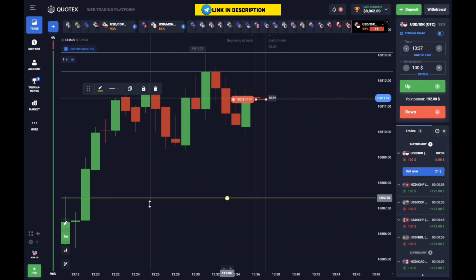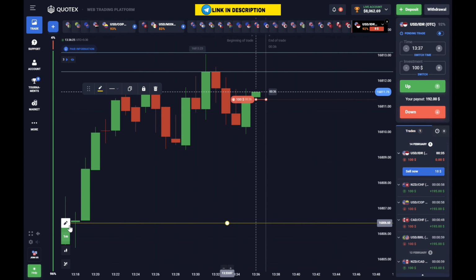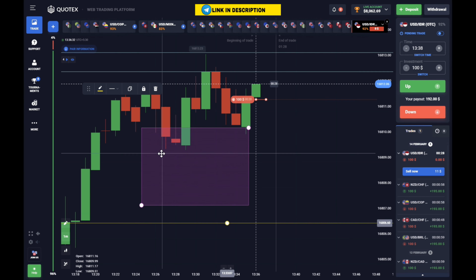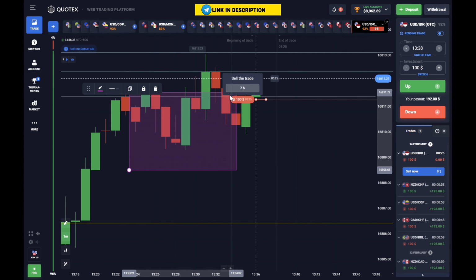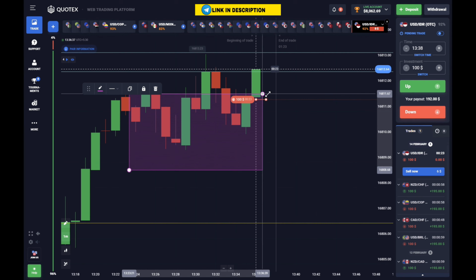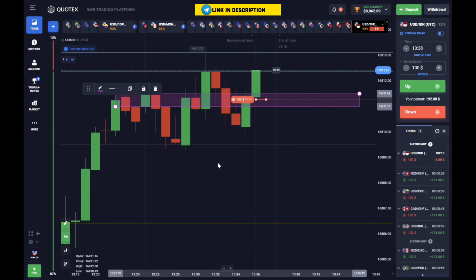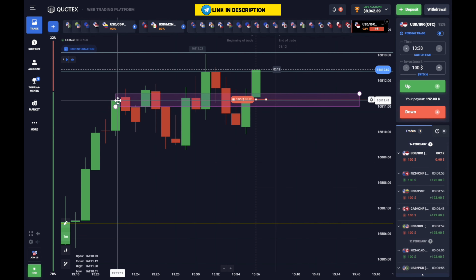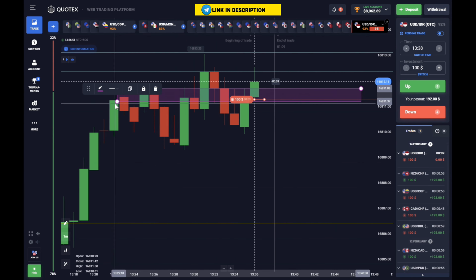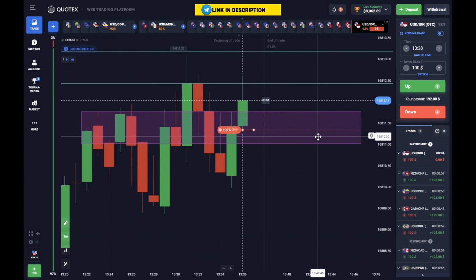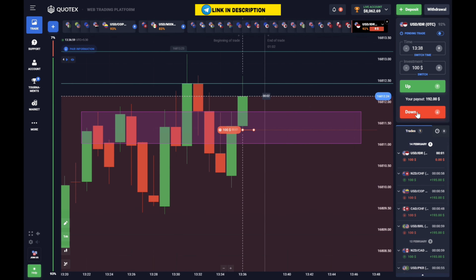Now I am going to take this horizontal line and move it just a little bit lower than it was before. After I have finished doing that, I will select the rectangle tool and try my best to completely cover that long candle on the chart. So right here in this spot, I will move the shape upwards and then slowly extend it quite a bit further towards the right side. Okay. And finally, I'm going to place it carefully right on the upper side of the area. In this way, the long candle is now enclosed within it. So like this, there is always some consolidation in between, and the market is moving above this. It will test its resistance level, and only after that will the market bounce back here.